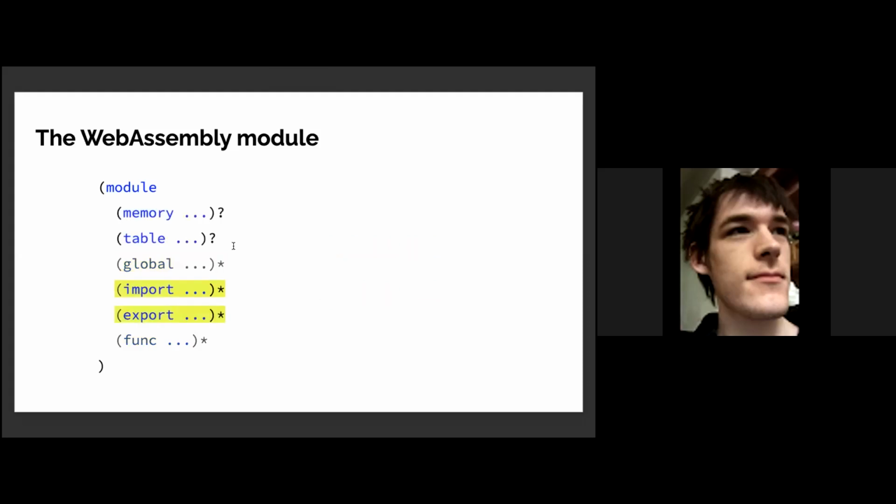Beyond the declared global state, a module may declare imports and exports. A module may import another module's exported memory or table instead of declaring its own. There is still a limit that overall a module may only have one memory and one table, whether imported or declared itself.